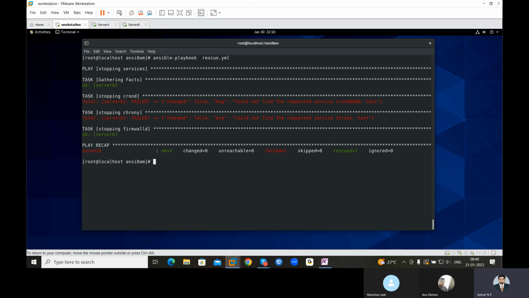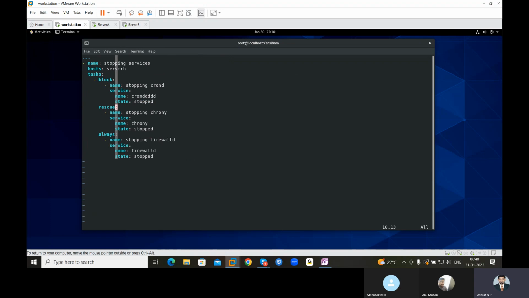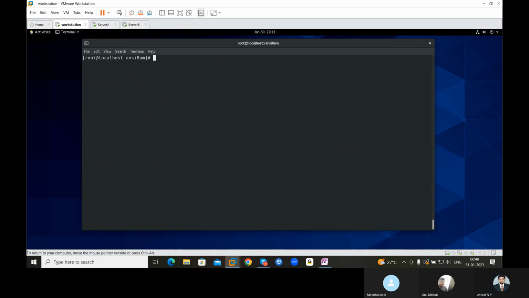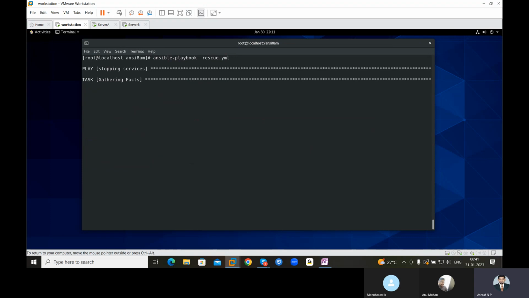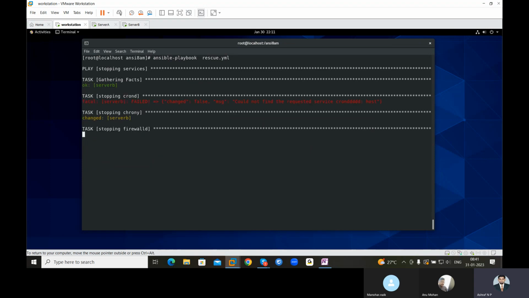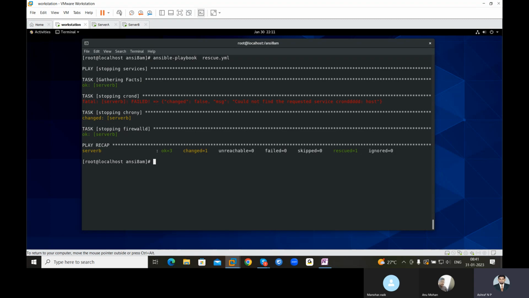Sorry, spelling mistake. First will fail, second will execute, third also executed. Clear? This is the best example, just for understanding this concept.